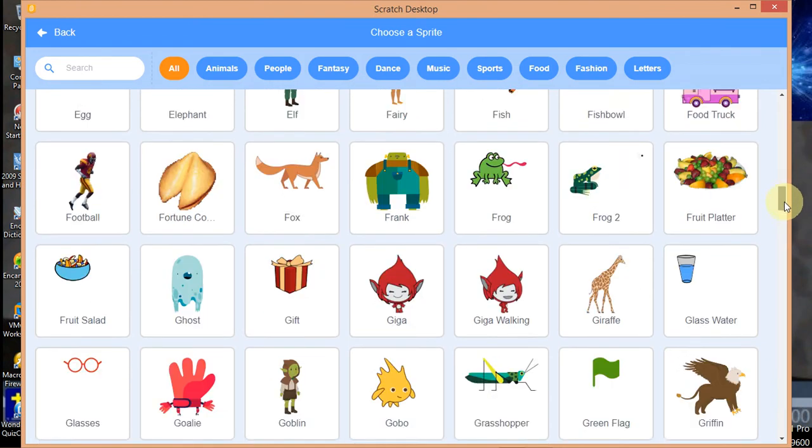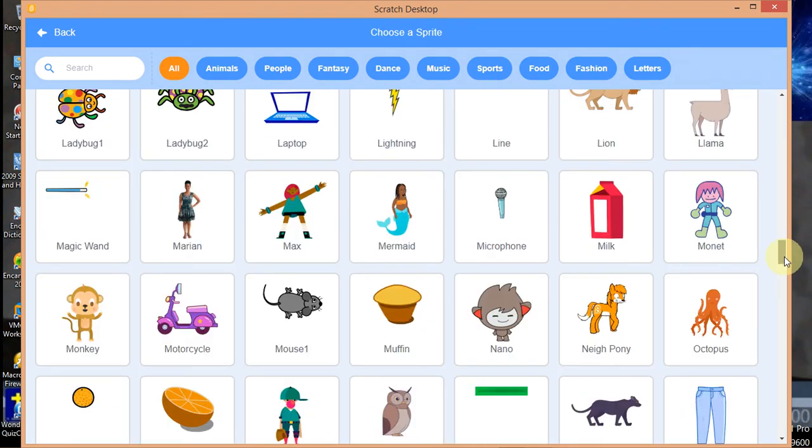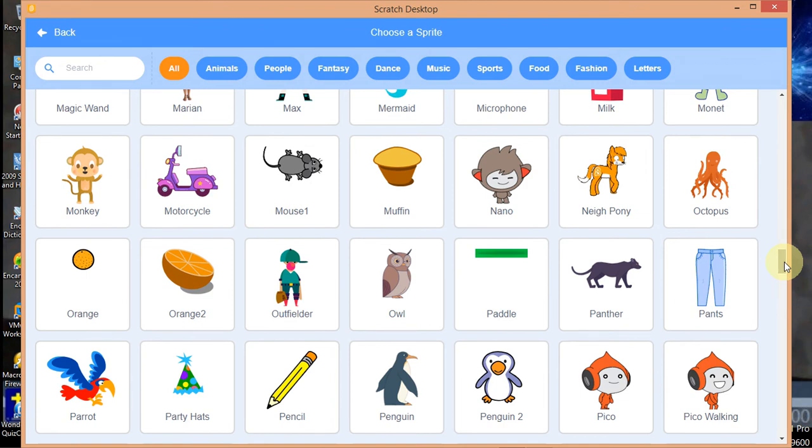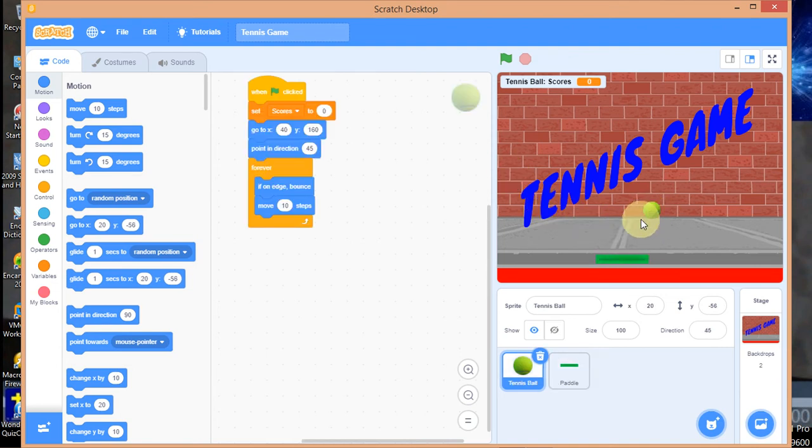Guys, just help me look. Just be careful, guys. You need to be observant. Even if you see the paddle, really just say, hello, stay there. This is the paddle. Guys, I can't find it here. This is the paddle. Okay, so paddle, come here. So with this paddle, I want this ball to touch the paddle, then bounce back, something like that. But I don't need to work on the paddle for now.